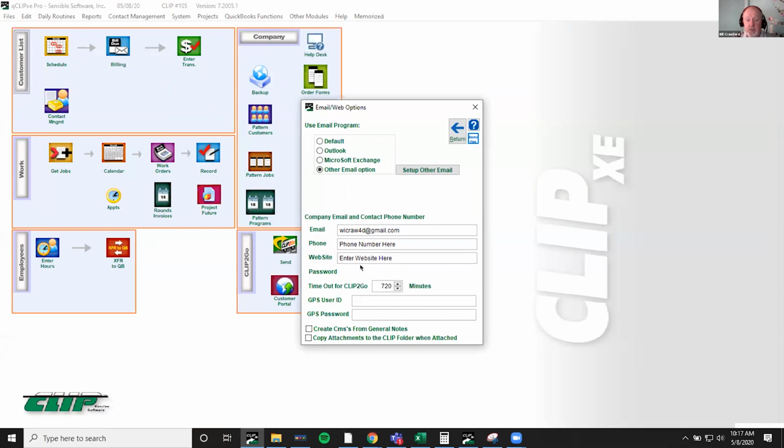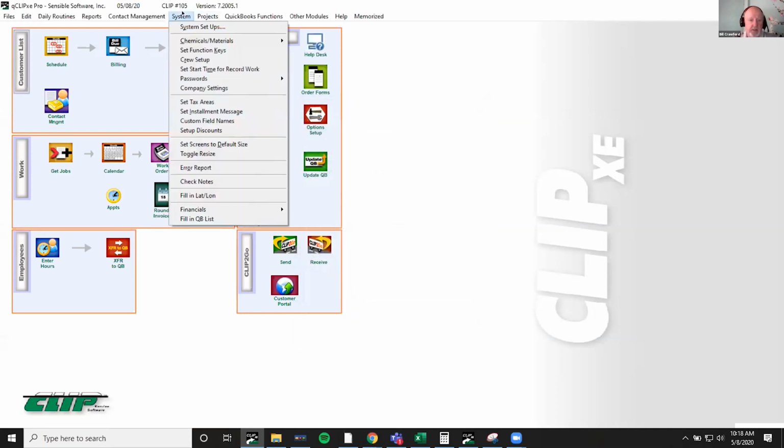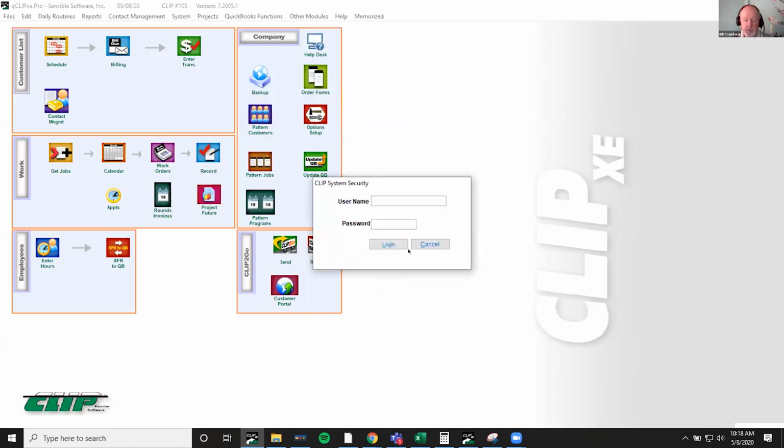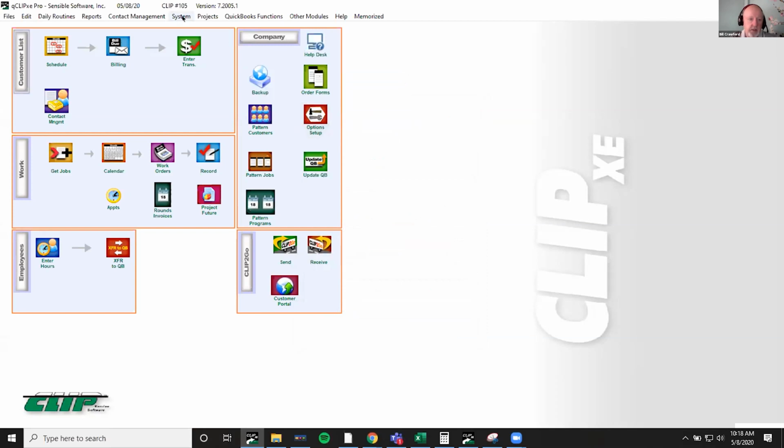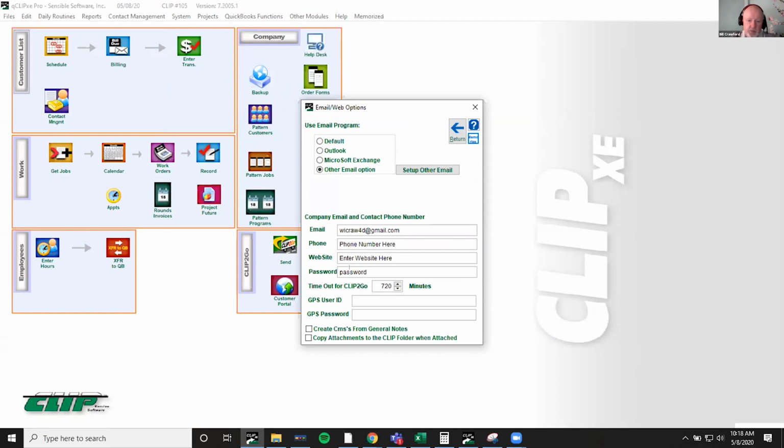Now, in this case, you're not seeing it because I'm signed in at a level that doesn't allow this person to view the password. So if that's your case, then you need to get whoever is the admin for CLIP to set up the password and show it to you. So I'll go in now as admin because I can do that here. So I go log off, and then I come back up to System, Company Settings, and see here's the password,